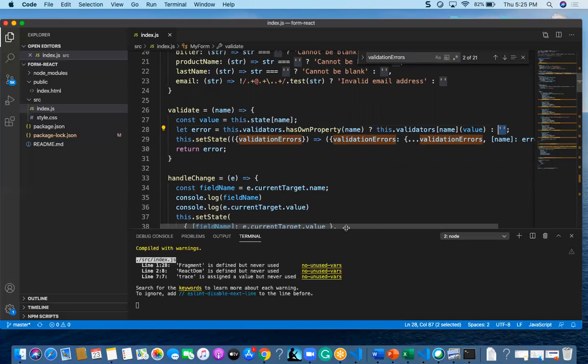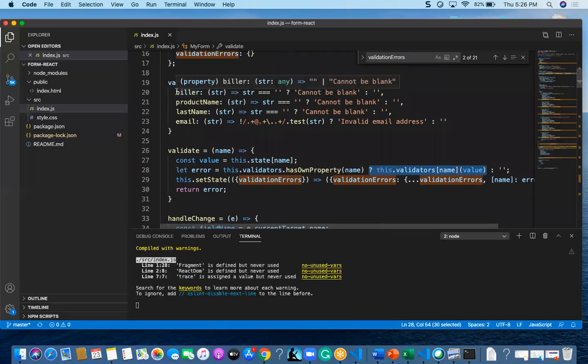So whatever error we get here, that error is this validators errors. If I am getting "cannot be blank", that will be reflected to the validation errors. This name is the name of this validator, so that validator will be the reflection of the "cannot be blank", and that will be placed to the error here.